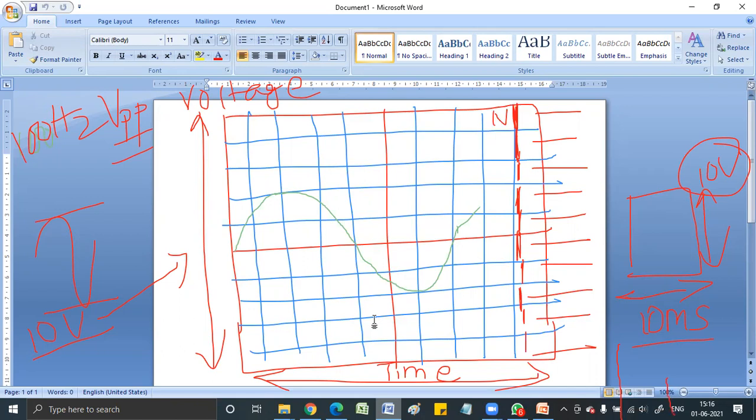So what is the height of this waveform? I need VPP. There are two blocks above and two blocks below, so peak to peak is 4. When I drew it, I took a maximum of 2 boxes above and 2 boxes below, so in the drawing the height is 4 boxes.